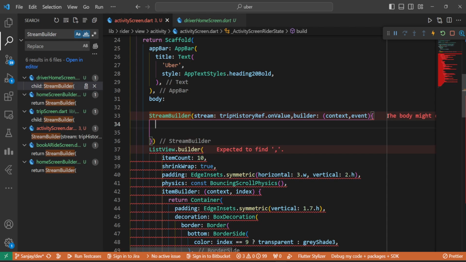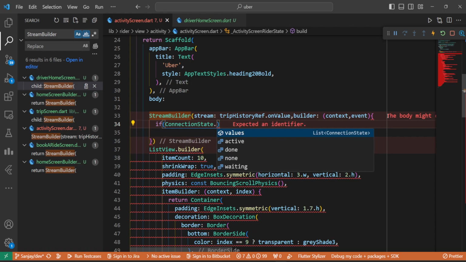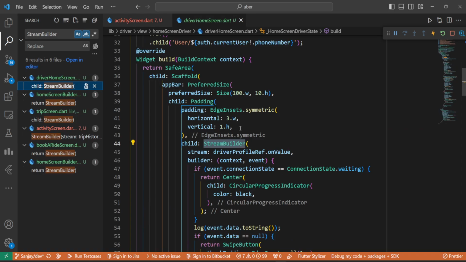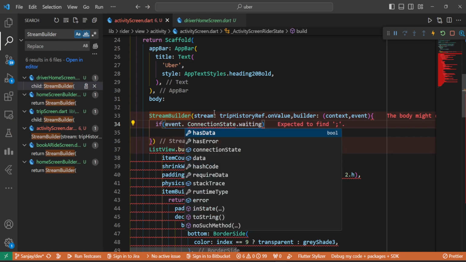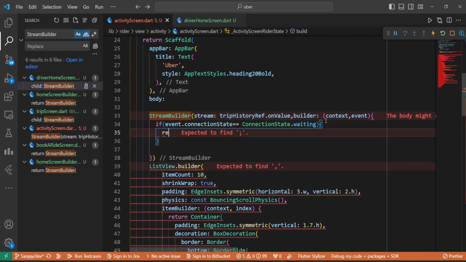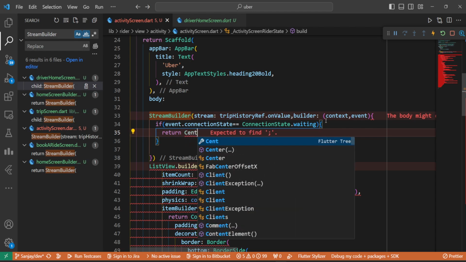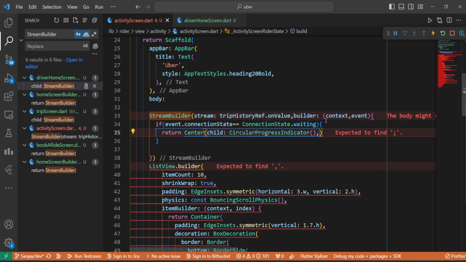So let's go with if connection state. Let's go back here. What was the first? If event dot connection state equals waiting, then just return a circular progress indicator. Return center, child circular progress indicator, and we will go with color black. Okay, else